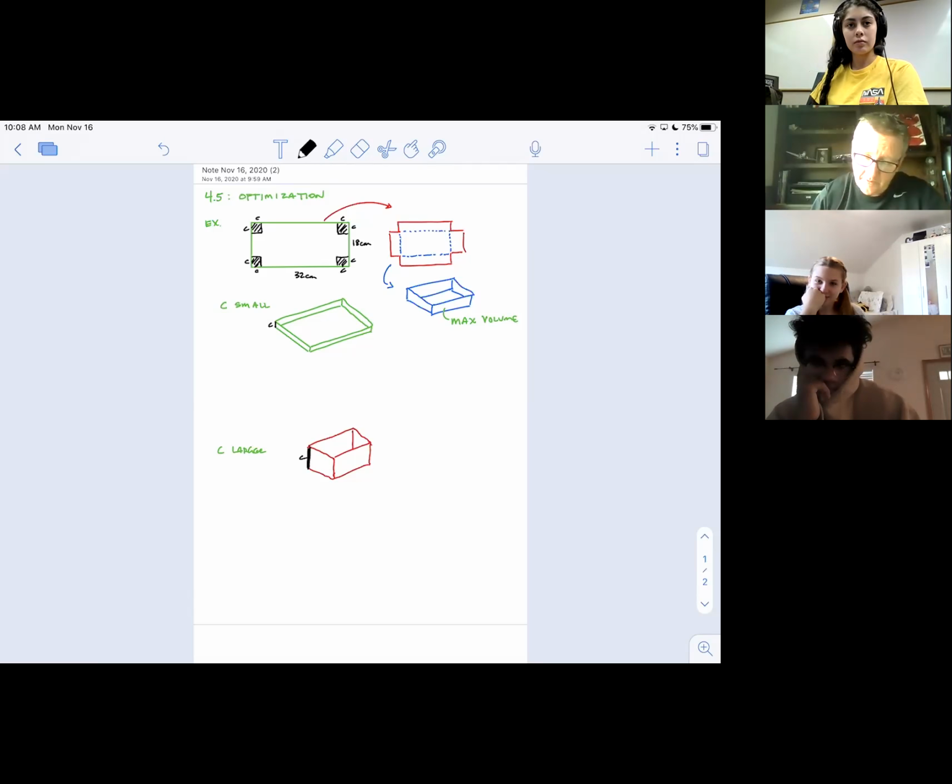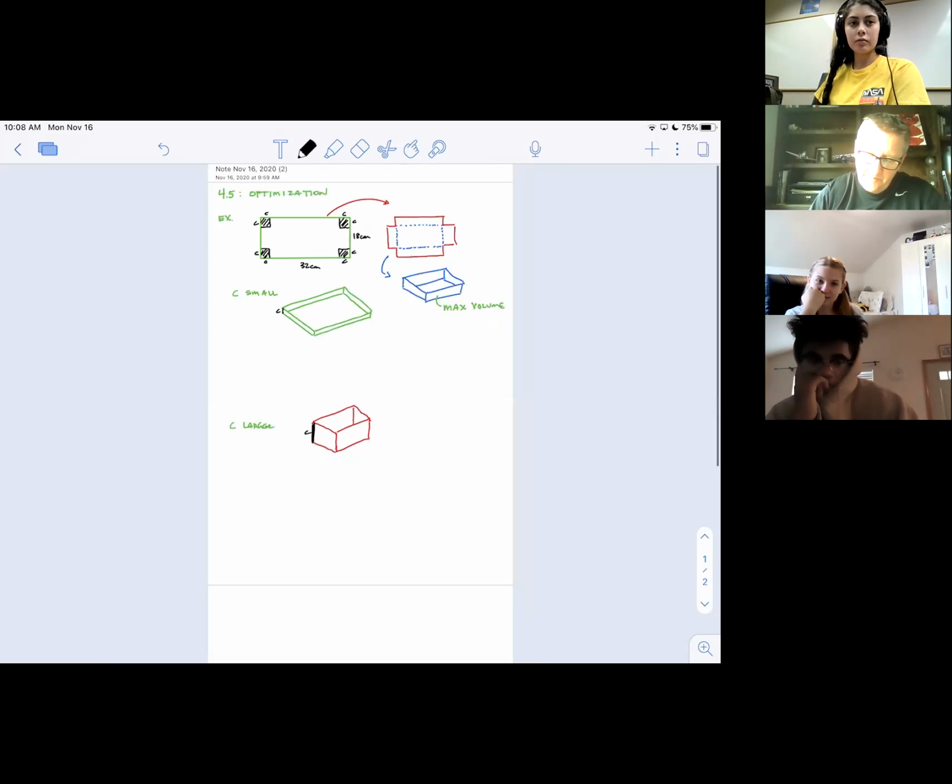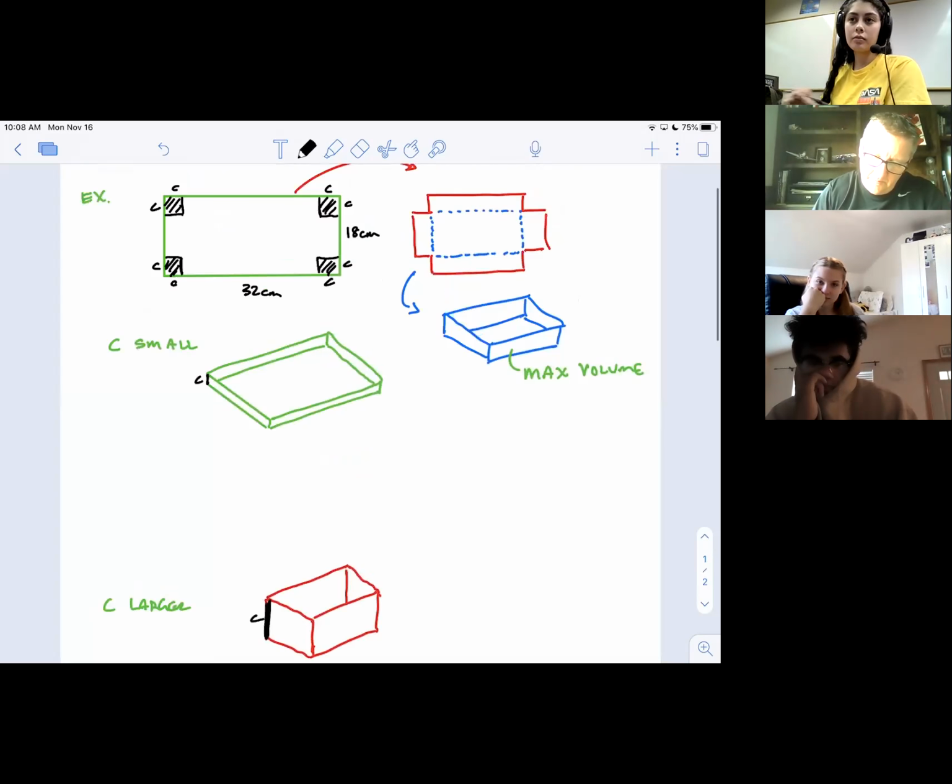So, well, let's actually try it then. Let's put some numbers to this. What if C was small, say 2 centimeters? You know that the volume of a box is, if I call this the height and this the width and this the length, the volume is length times width times height. You've probably seen that before. So since I chose C to be 2,